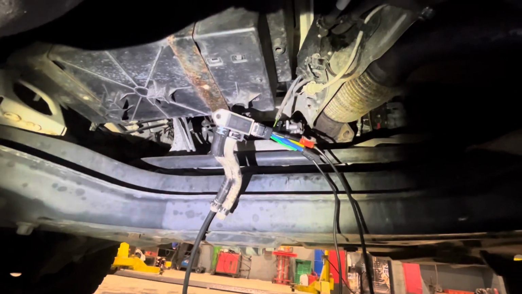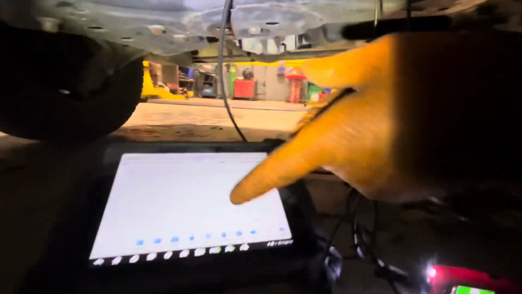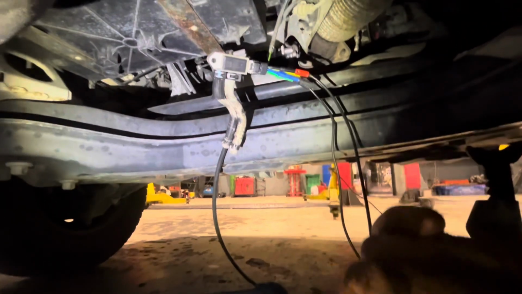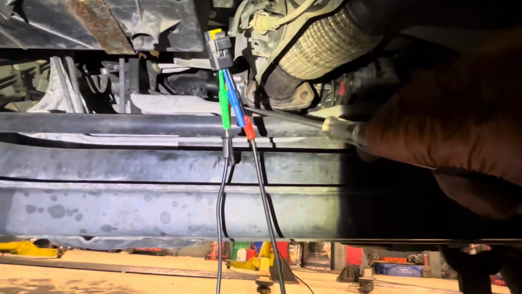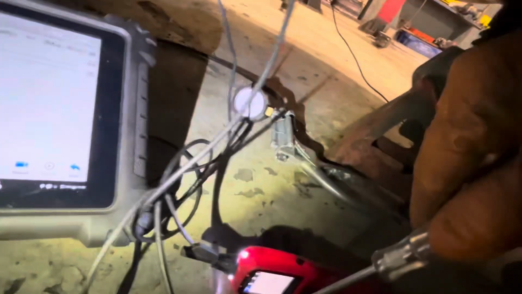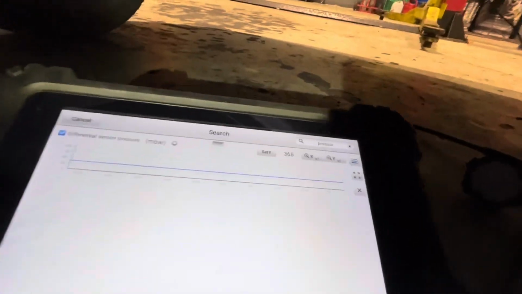I might disconnect this and just see, can I manipulate my voltage up and down on my scan tool just to prove my signal wire intact. Whether a fault code being created is going to bother or not, I don't know, but we'll go and try that one last. This is my very last test, guys. I have my test light piggybacked off my 4.9 volts. I have my little probe on my signal wire, disconnected now, I'm hanging at 356. But if I run my test light up here, and it would be nice to get it all in shot, but if I change that voltage with this thing,